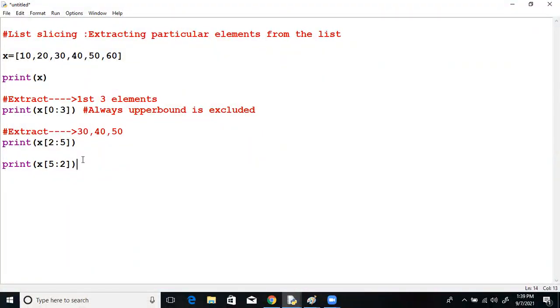Error, 30, 40, 50, or 50, 40, 30? Empty list. You will get empty list because